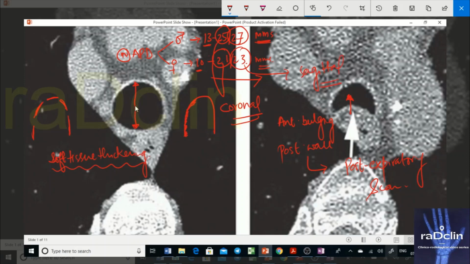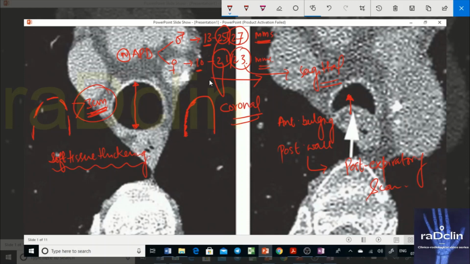For the axial diameter, we typically take 3 centimeter as a cutoff to diagnose tracheobronchomegaly. I have shown it in a previous video also, that if it is more than 3 centimeter in AP diameter on axial section, 2 centimeter above the aortic arch, then it is called tracheobronchomegaly. But these other sections are taken on coronal and sagittal. Sagittal diameters are a little bit larger, so the cutoff is larger. So 25 on the coronal and 27 on the sagittal in males, and 21 and 23 are the cutoffs for females.